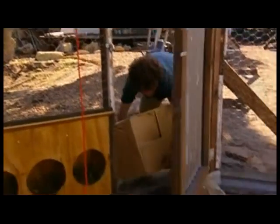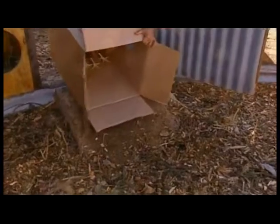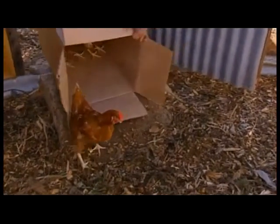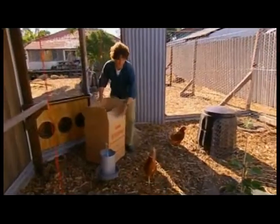It's time to introduce the chooks to their new home. These guys are Highline Browns. They're quiet, passive, non-flighty birds that are well suited for the suburban backyard. They are fantastic layers, and at 20 weeks of age, they will start to produce eggs as soon as they